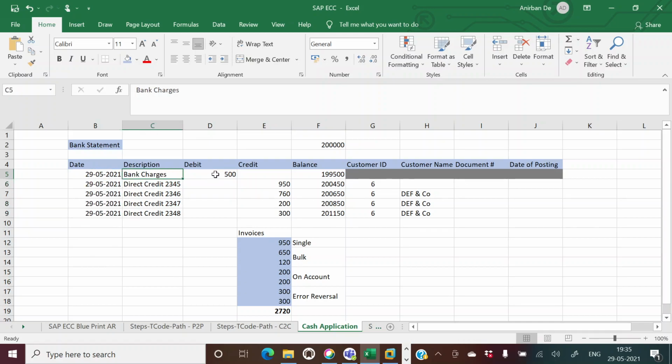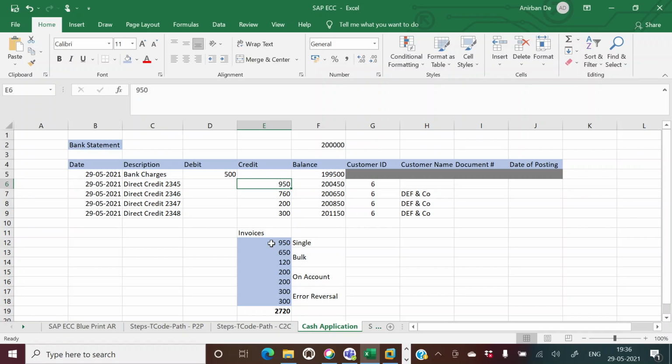We see that there is a bank charge of 500 which has been debited, and there are a couple of direct credits and direct transfers from the customer. These are the payments that we try to match with the open invoice items, right?